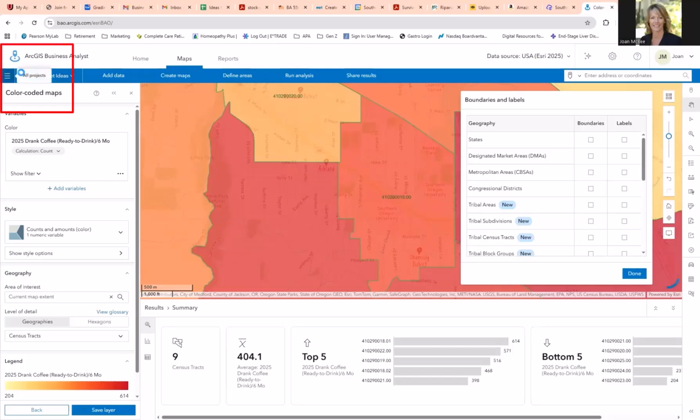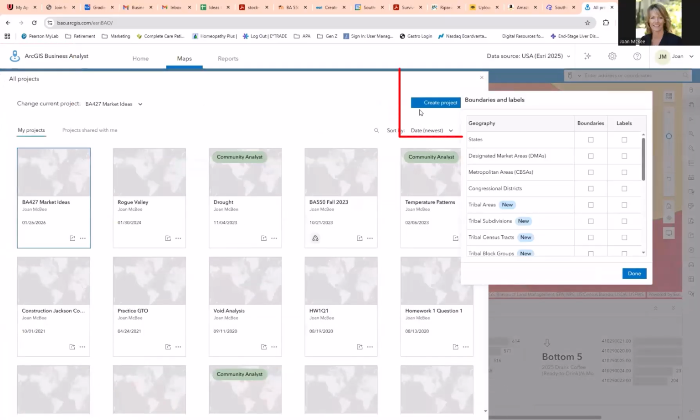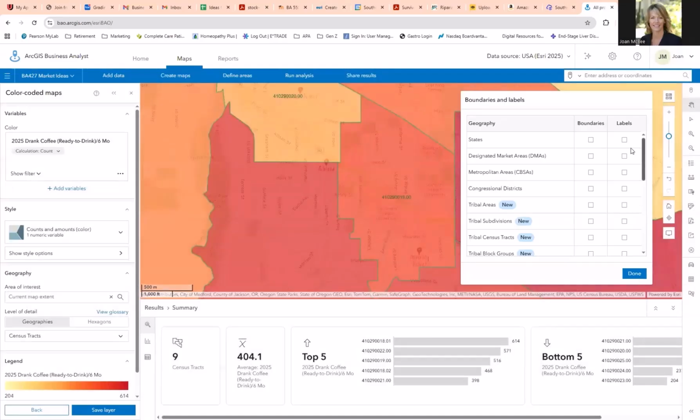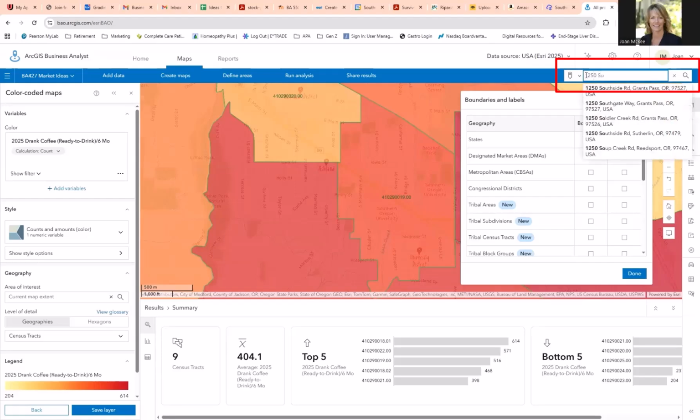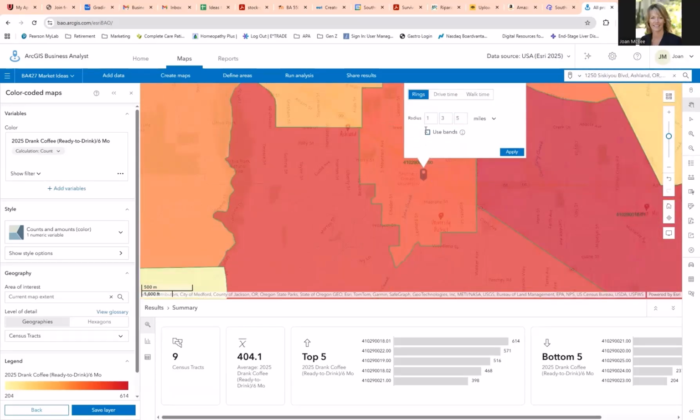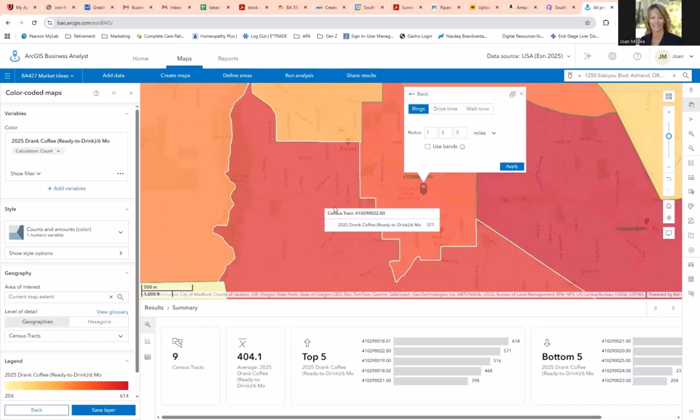So if you want to start a new project, you can click over here on the left and do Create Project. I'm going to leave what I have, and start from here. The address I have in here is 1250 Siskiyou Boulevard, which is the college. The first thing you can do is click on Create Site, and you can map variables or examine an area